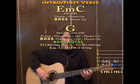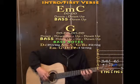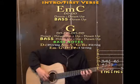off with this cool little lead-in lick where you can play 2nd on the D string, and then do 4th fret hammer-on, and then a 5th fret hammer-on. So kind of a double hammer-on idea, kind of playing 2nd, carrying the sound to 4th, and then to 5th,